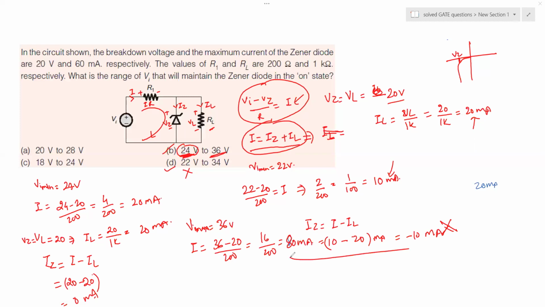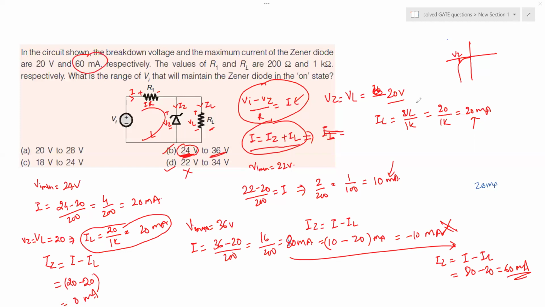That's the current. Coming back here, IZ would be I minus IL. IL is going to be the 20 milliampere that we calculated here. So it is 80 minus 20, which comes out to be 60 milliampere, which is the maximum